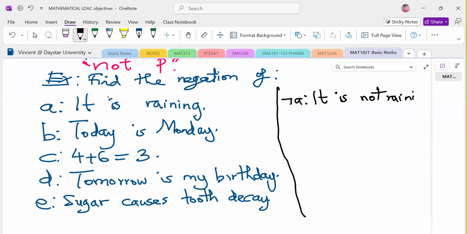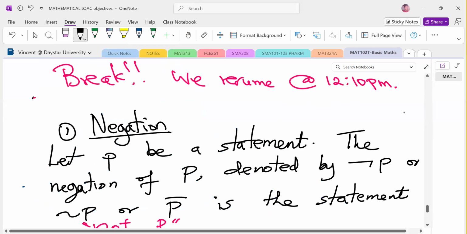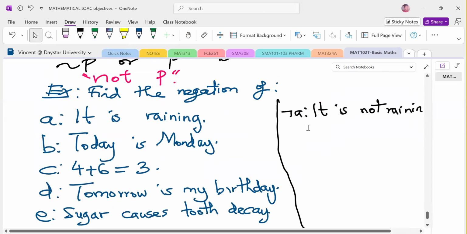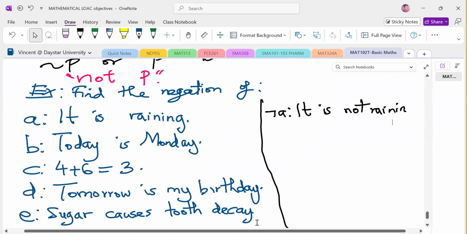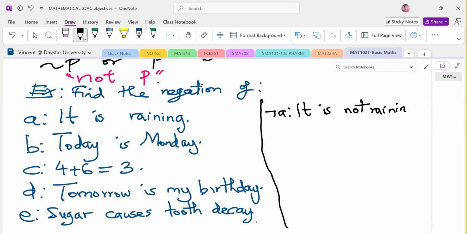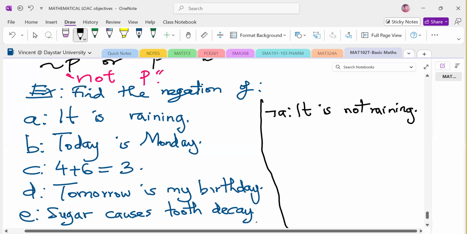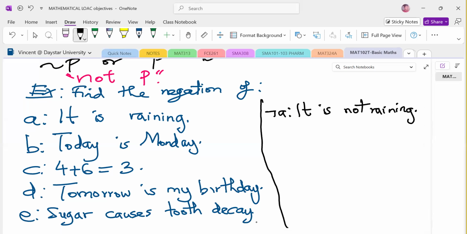And when you are responding to problems in this chapter, we are usually very sensitive on punctuation. So the things they mark in your essays, we still mark them here. Where there's a full stop, ensure you put it appropriately. Where there's a comma, put it appropriately. And where there's a capital letter, put it appropriately. So the answer will be, it is not raining. Good. Then negation of B